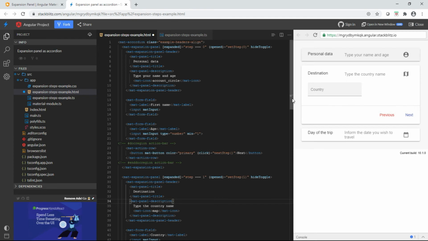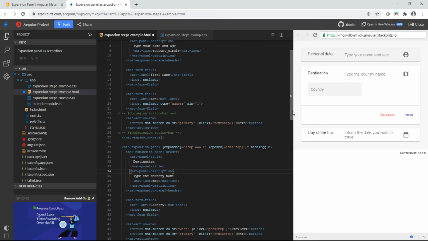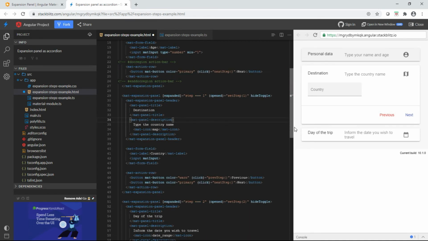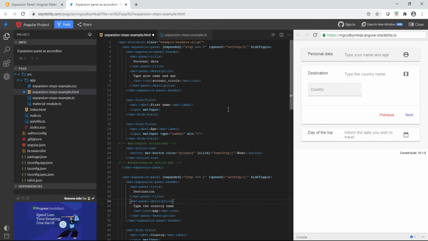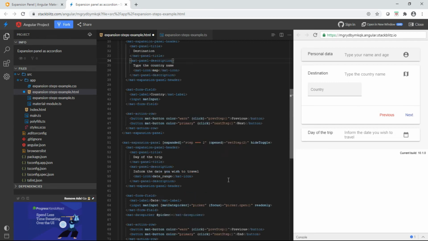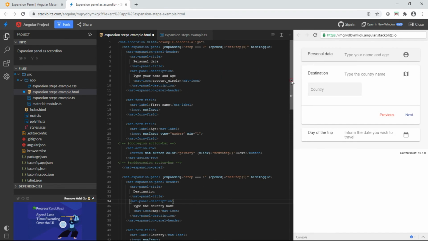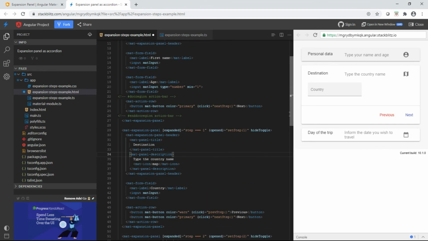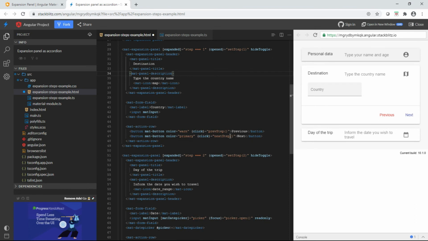and let's continue. Now let's look at the third expansion panel. So there's nothing confusing about the second panel. It's very similar to the first panel. The only difference is that there was a previous step there as well as a next step, right? So this